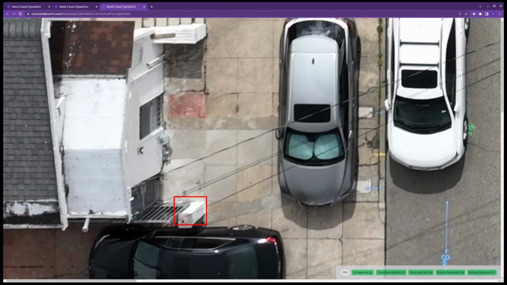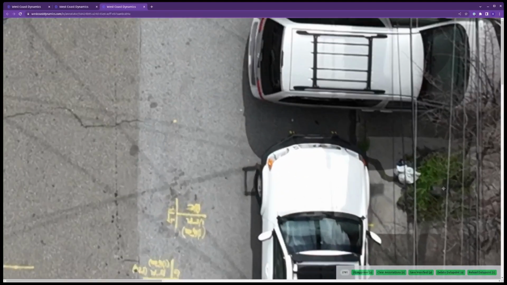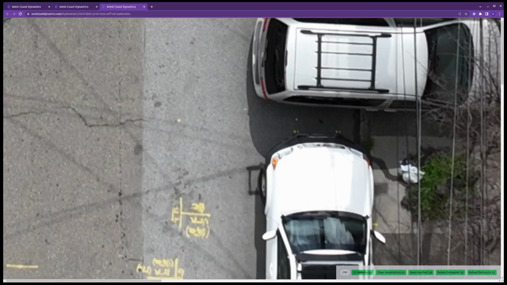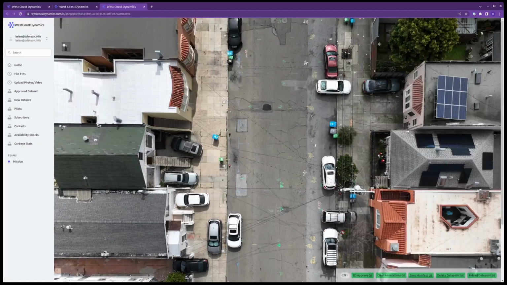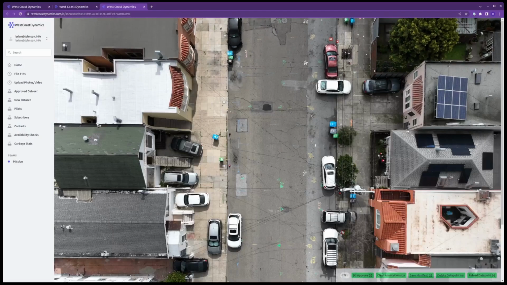So here's the example. It thought this pillar was garbage for some reason. Maybe it looks like a cardboard box. I don't know. But it also missed this little pile of garbage here. And it missed these. I mean, these are pretty small. I think the texture is interesting on this. So I'm going to add them. So now I have 4